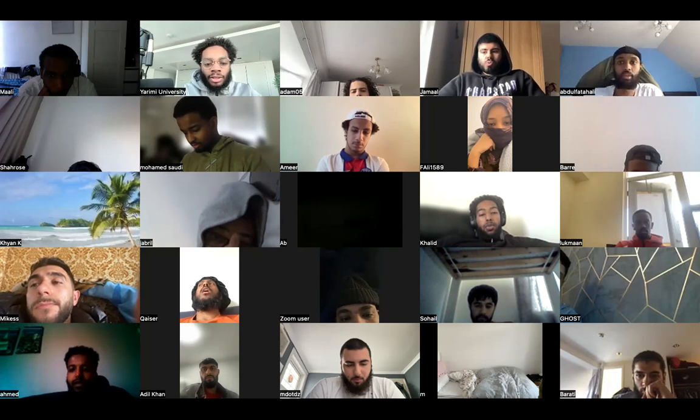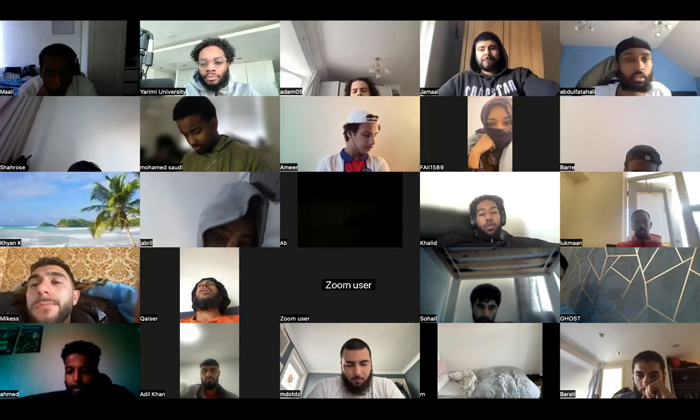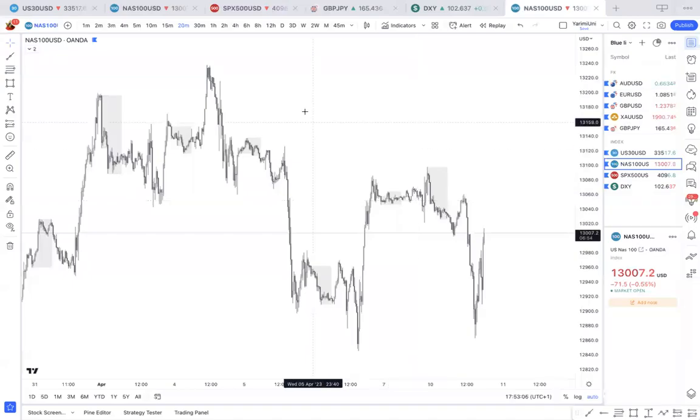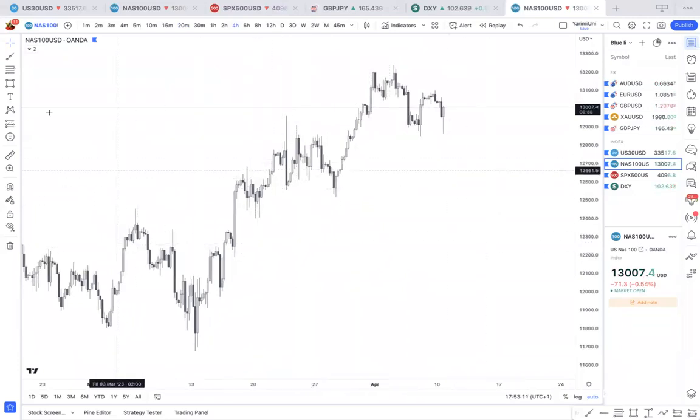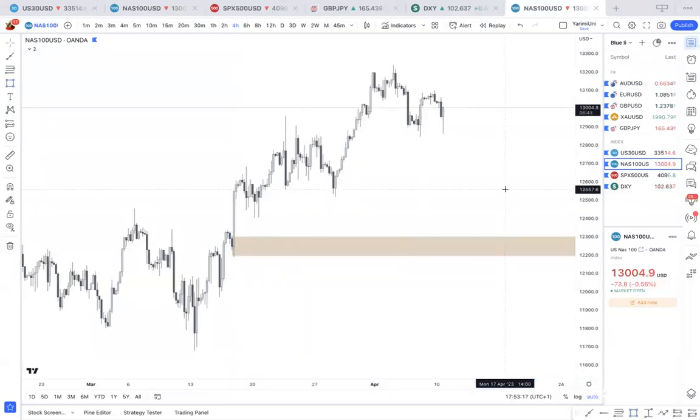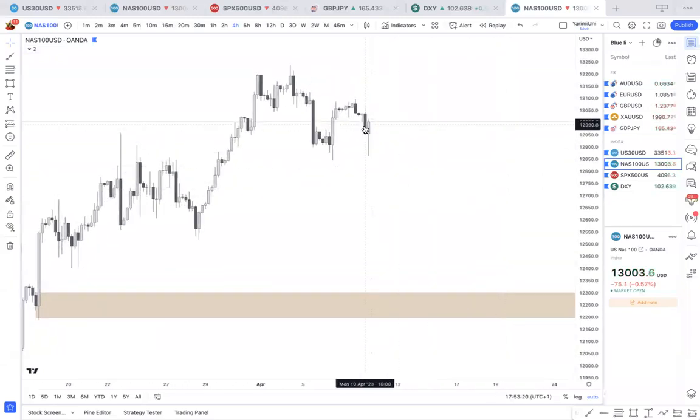So for example, if I just go back to my chart, in this case here, if I'm on the 4 hour, we can see that we have an extreme 4 hour order block right here. But obviously, this move is happening right now. However, before this move happened, there's also a recent 4 hour order block right here. So price is reacting off of this now. I know in hindsight it looks like, okay, cool, it makes sense. But before the day started today, I would have been looking at this area.